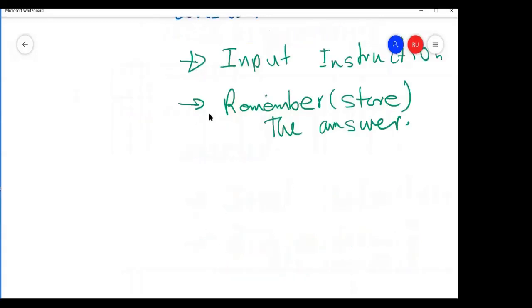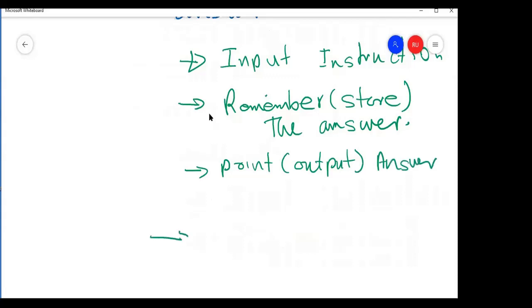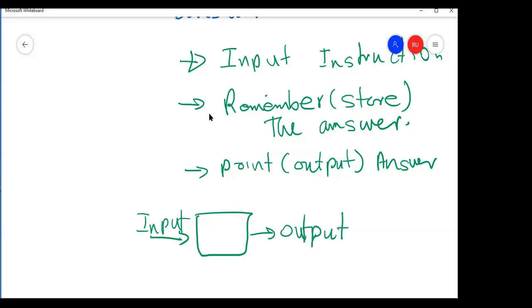And then we print or output the answer. So actually now you have the input and the output. So you don't do any process. You just input a name and you just do the output.